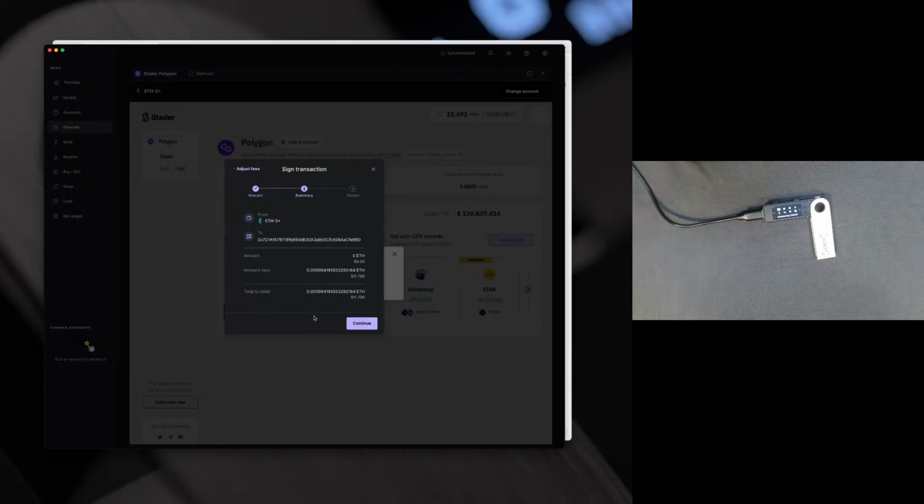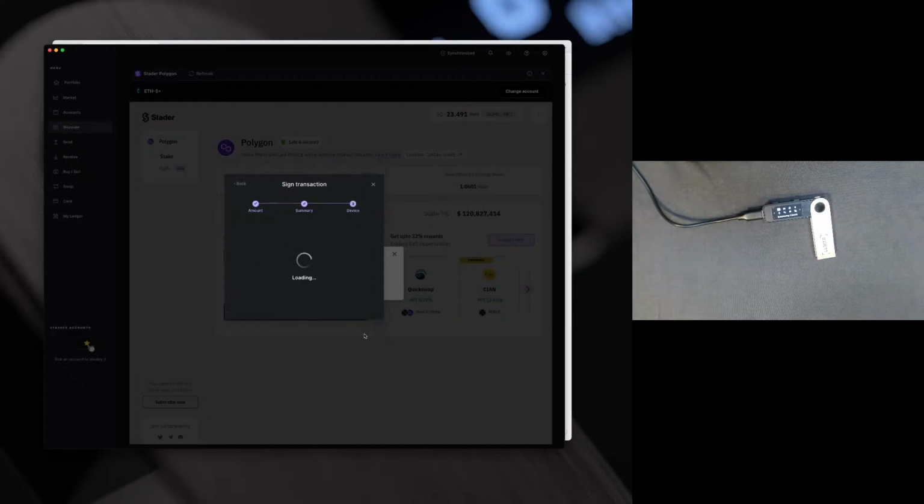Okay, sorry, I'm just looking at the chat. Looks like we do have a question coming in about the BTC gift card, and I'll be happy to answer that in just a second. Let's finish this staking